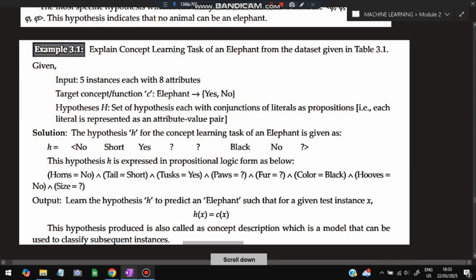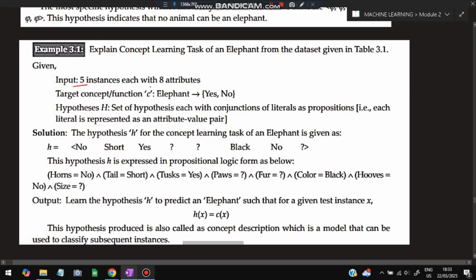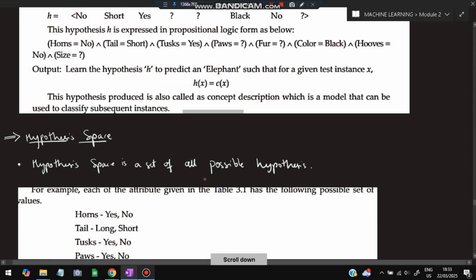Okay, now there are two things here, in concept learning: specialization and generalization. So basically concept learning will take as input the 5 instances which I just discussed in the previous table. That has 5 instances and the attributes are given. Output is: is it an elephant or not? Hypothesis, as I just discussed, is which attributes will classify the elephant as true or not. Okay, and the combination of all of this will give us the output, and h of x is equal to c of x, the hypothesis of x and the concept of x. Okay,